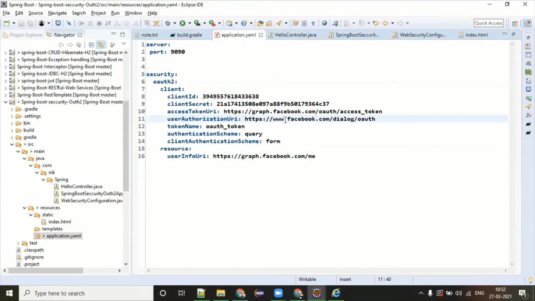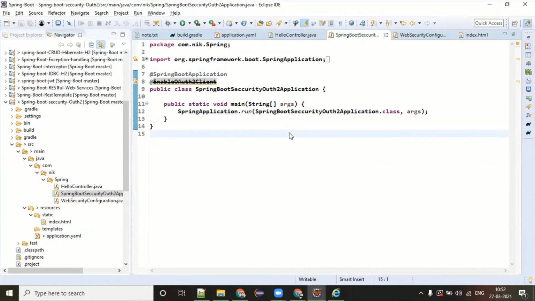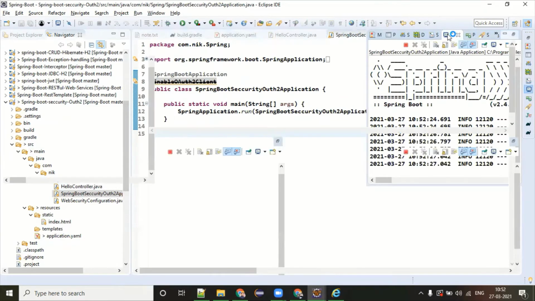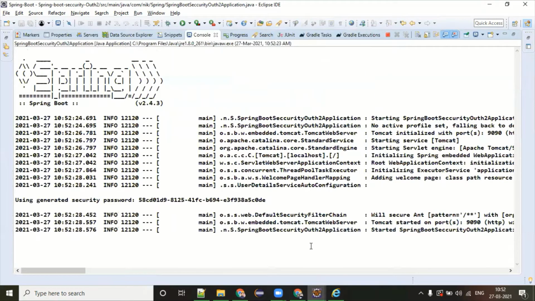So you don't need to do any extra configuration. Everything is going to be internally taken care of by the OAuth2 related stuff provided by Spring Security. So without any delay, let me run this application and see how it brings the page for us.